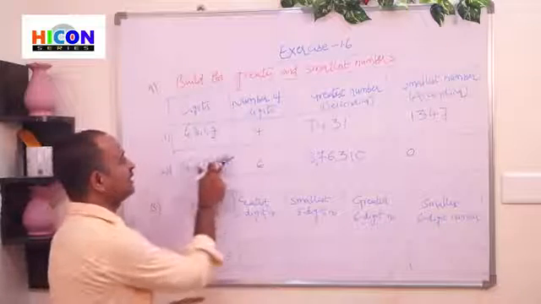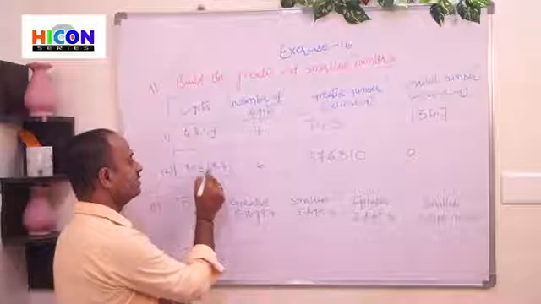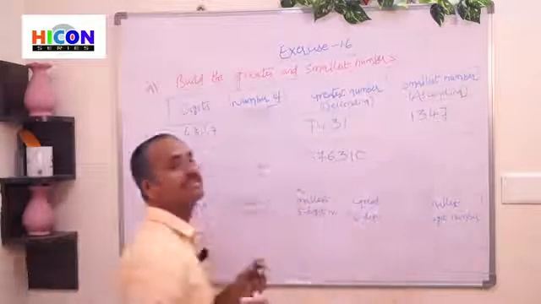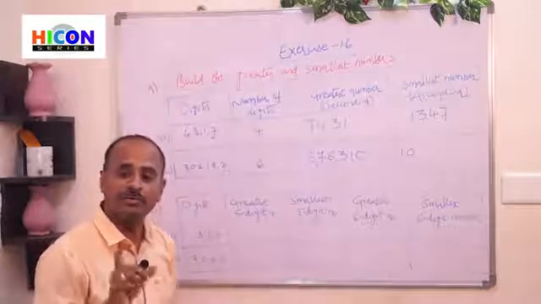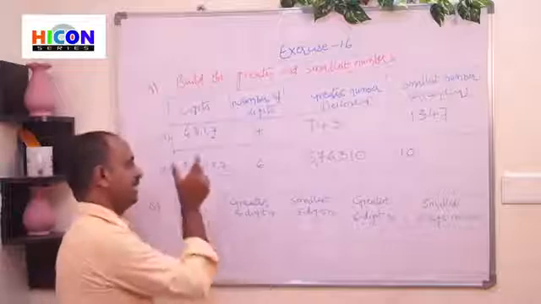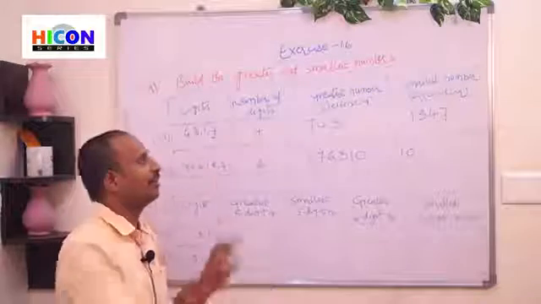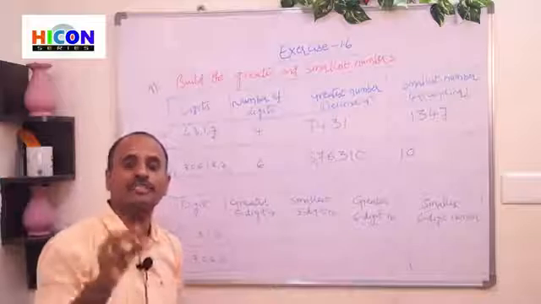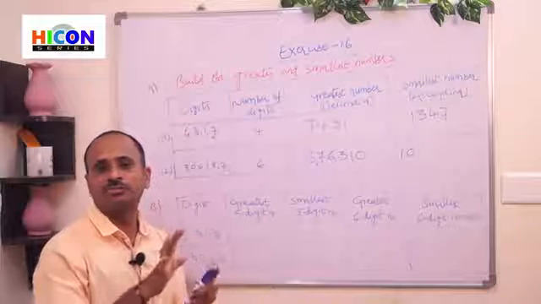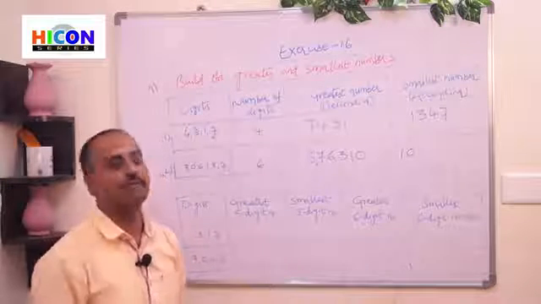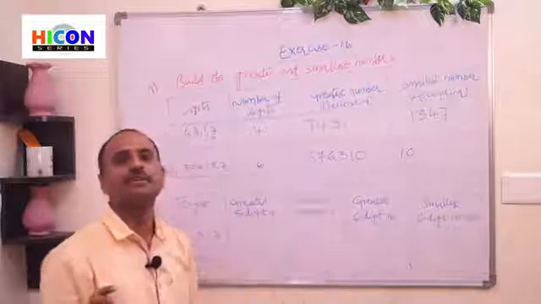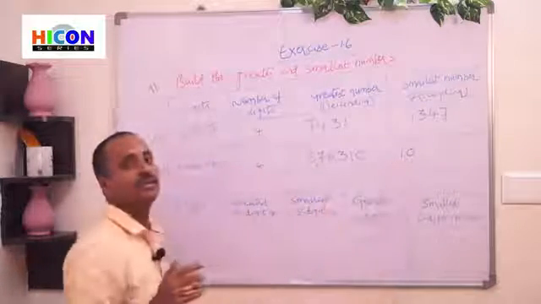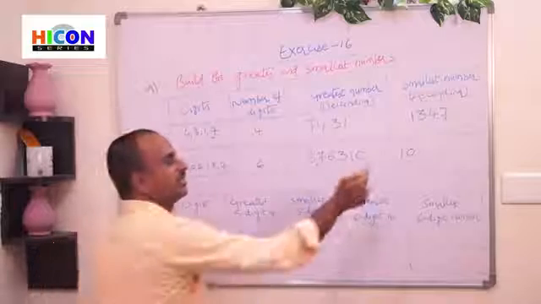After 0, which one is the smallest? 1 is the smallest. So write 1 in the first place and 0 in the second place. So children, remember this point. If 0 is present among the given digits and while forming the smallest number, the 0 should be written in the second place and 0 should not be written in the first place. If you write 0 in the first place, it has no meaning. So that's why write 0 in the second place and write the next smallest digit in the first place.